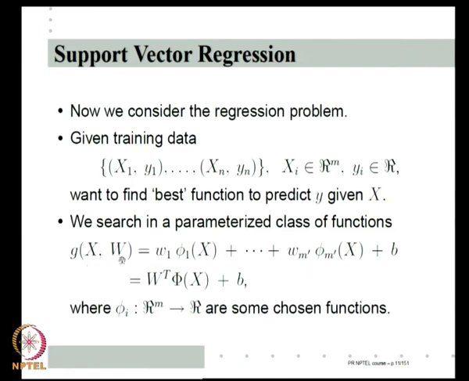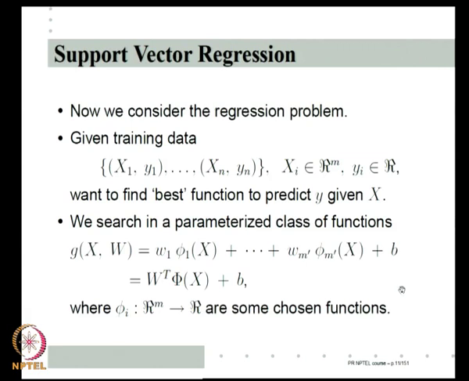With a bit of abuse of notation, I am putting the parameterization on the left hand side only as w, even though, as we have already seen, we can put b inside or outside depending on our convenience. So, even though I have a b here, I am thinking of the parameterization as w. Okay. That minor point apart, this is what we have seen when we use the linear least squares regression.